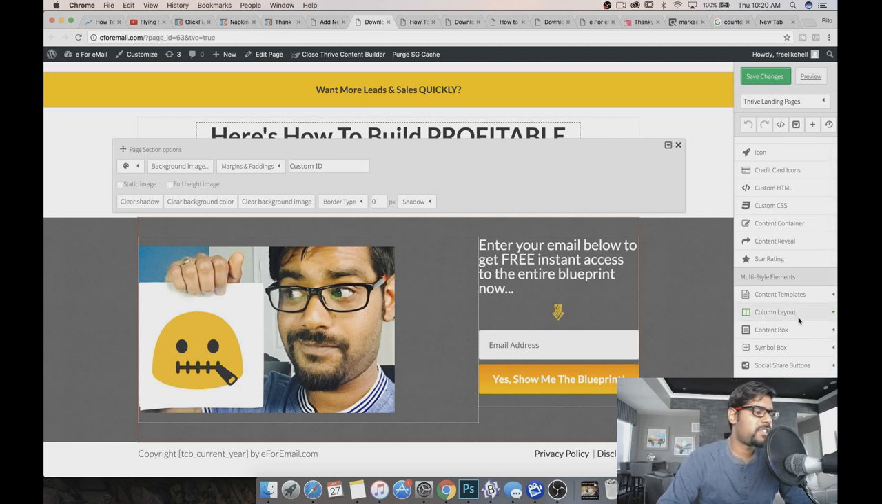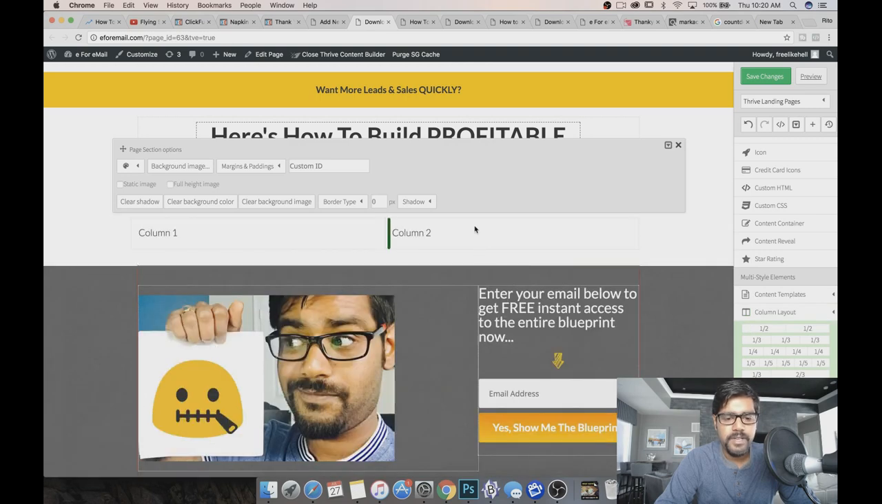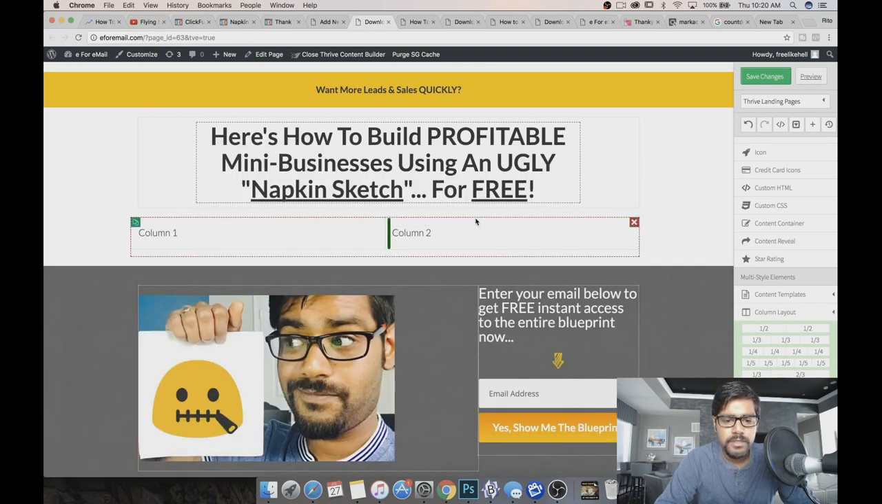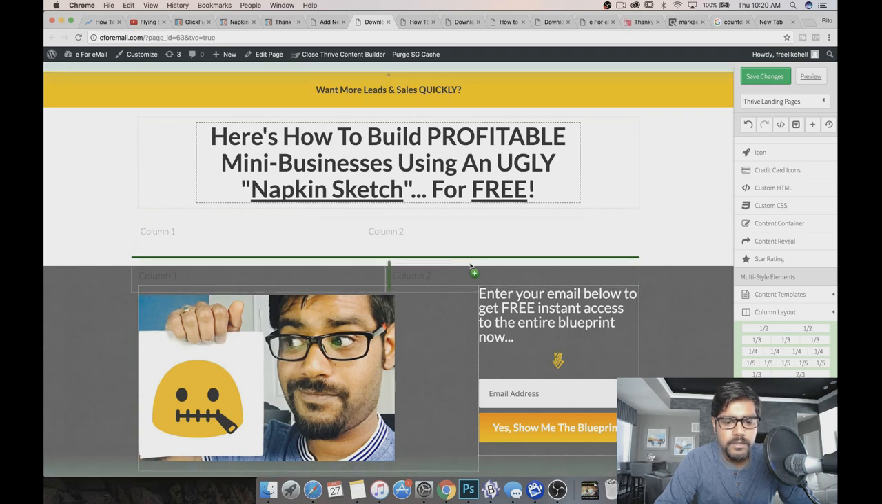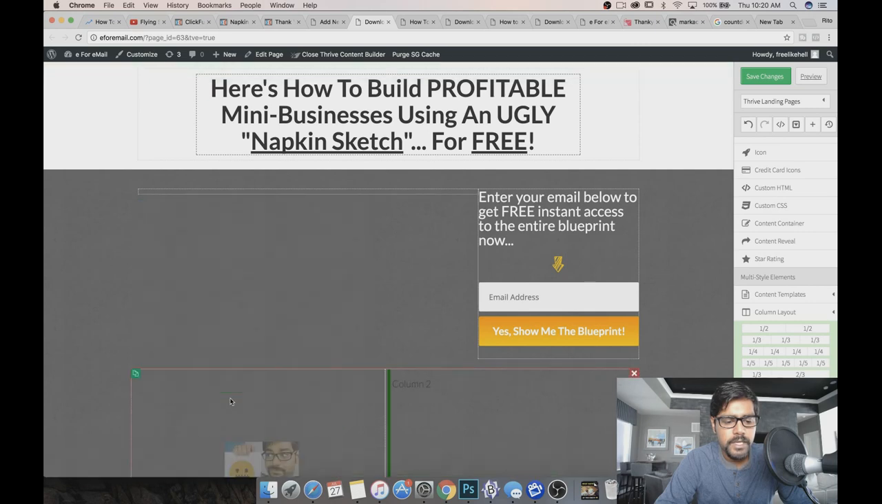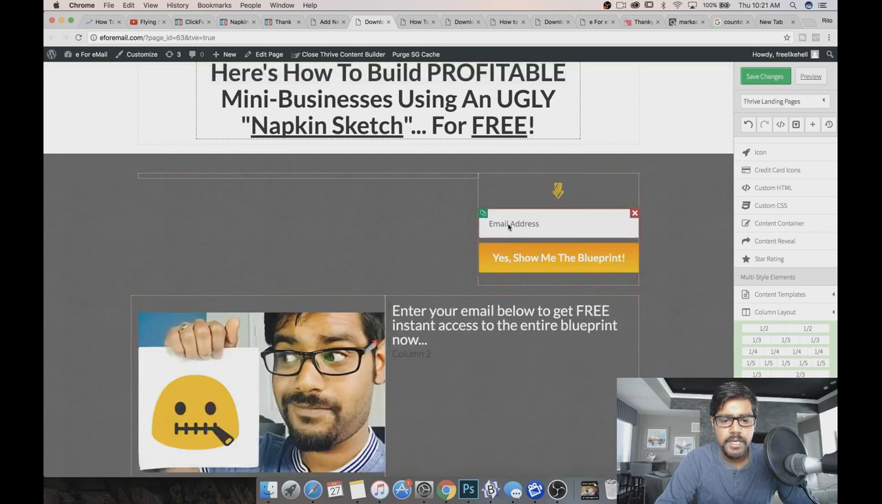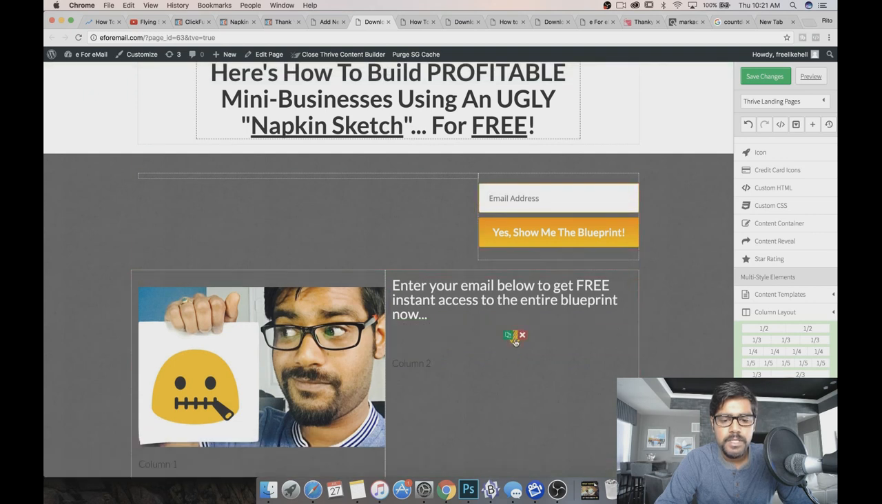Okay, let's try this. Let me just see if we can actually get something done. Let's do half and half. All right, so let's say I want to place the half and half right here, and I want this thing to come here. If I want this image to come here, and if I want this entire block to come below this,